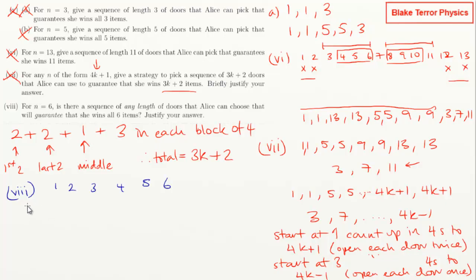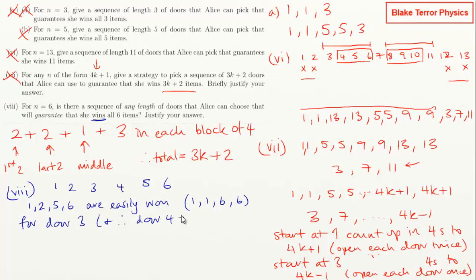So, right, let's start off by saying 1, 2, 5, 6 are easily opened, let's say 1, because that's what they're doing. She's trying to win these items. So we could say 1, 1, 6, 6. For door 3, and therefore door 4 by symmetry, so at least we don't have to talk about one door,